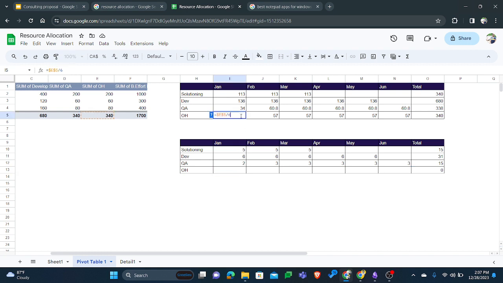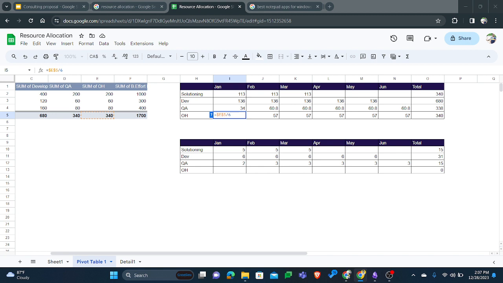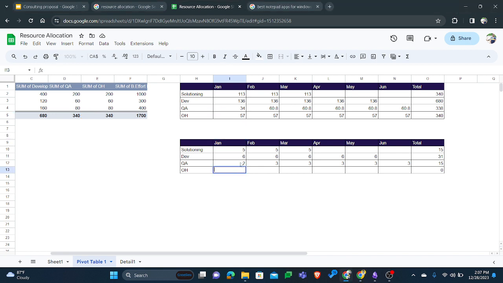And if we get the overhead, we'll be needing 3 people. One would be project manager, then the second would be a project coordinator, and for another dev or a QA for other related works. So as you can see, if we take the resources, the total count for each month